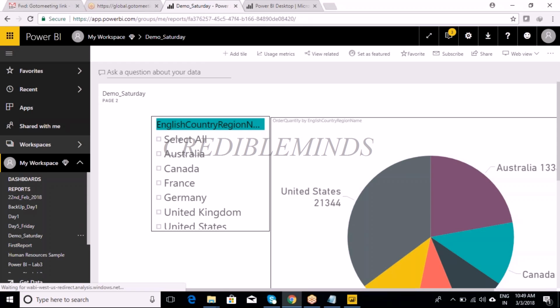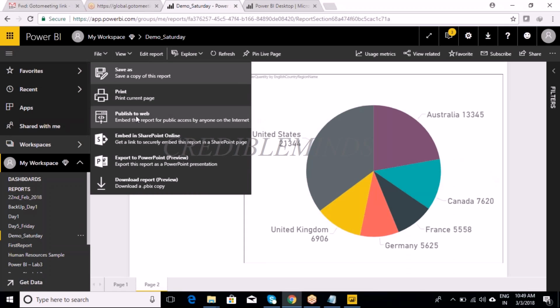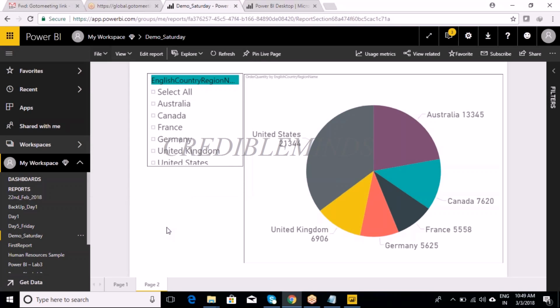What will happen if you go to the report? Go to File, there is an option called Publish to web. So it can be possible. And as you can see, if you want to save as and print the report, and if you want to download this one, lots of things we can do using this. Let's assume that,